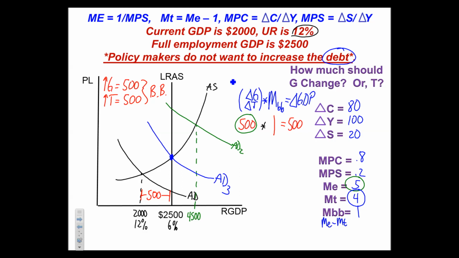So basically, this is what happened. The increase in government spending increased GDP a lot. The increase in taxes brought it back. So that's why it is that if you increase government spending and taxes by the same amount, GDP will increase by 1 times that amount. So that's what is meant by